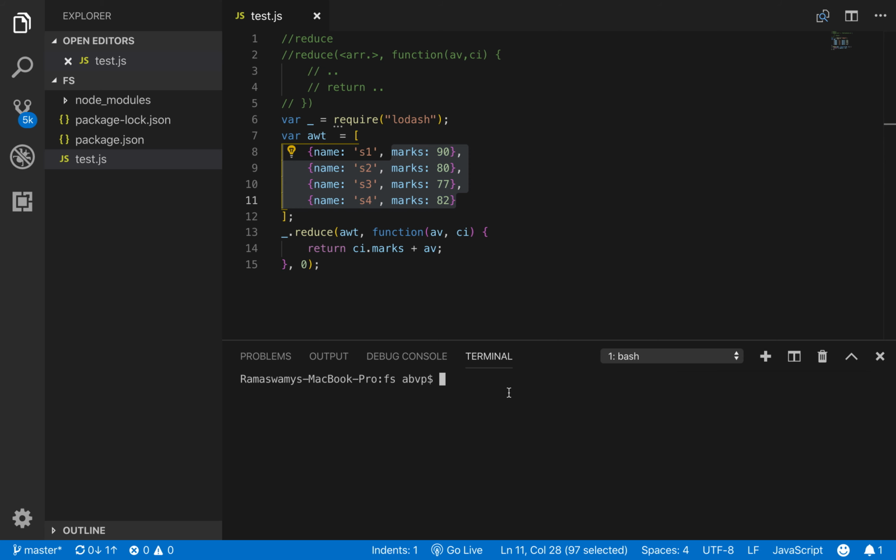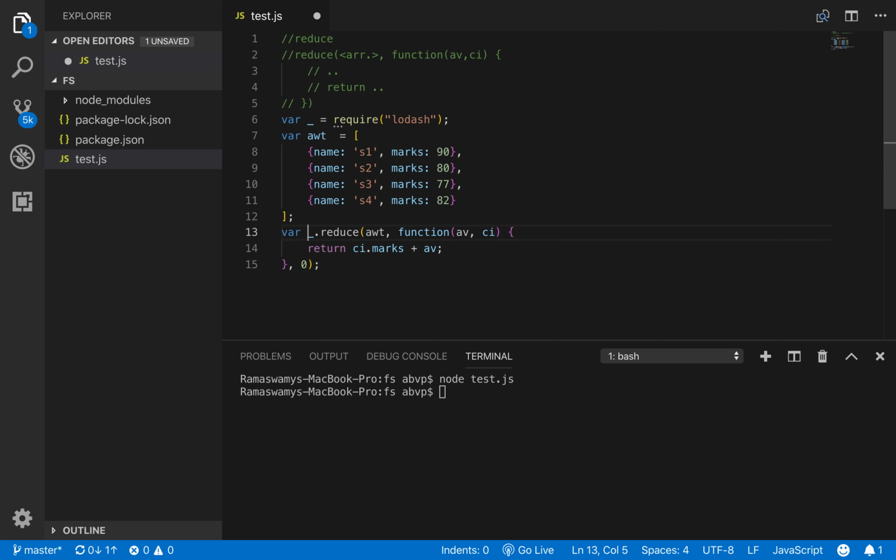So let us run this program and see if we are getting the sum of marks by calling node test.js. We are just returning it, but we need to assign this to some name. So let us have a variable, say, average marks. We are not yet finding the average, we are just testing the sum of all the marks.